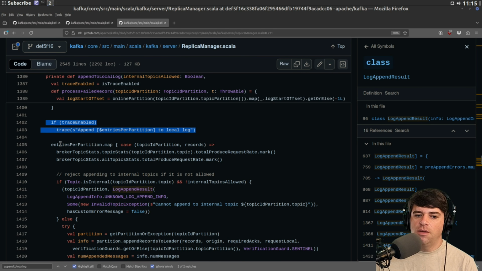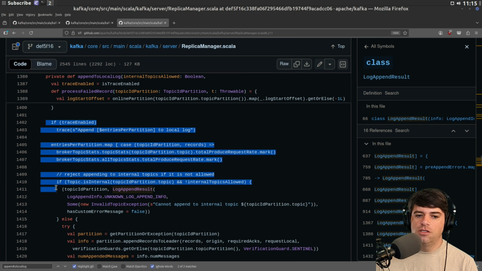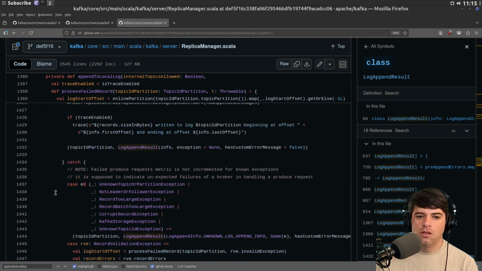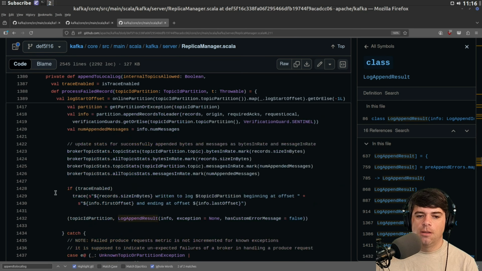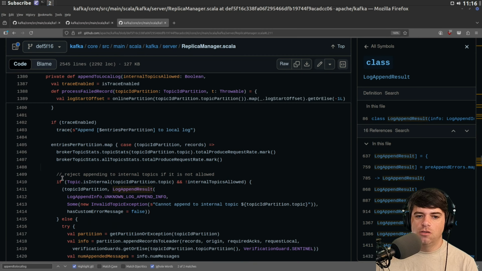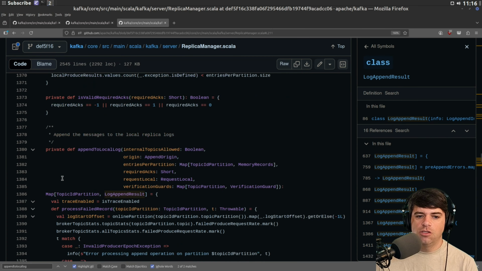So if trace enabled, all of this else goes to this if, and similar with that catch. So what do we actually do if trace is not enabled? We must just do this stuff. No, this is just defining the map. Wait, what?